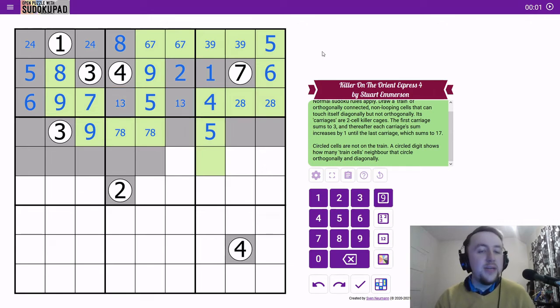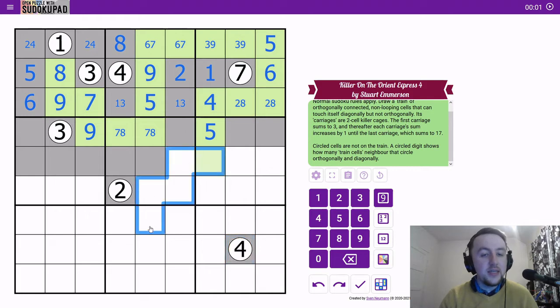Now this is the scrappy bit. I'm not going to tell you here what the extra clue should be. I'm not entirely confident in this solution path, to be honest, but just by means of, unfortunately, trial and error, can we visit this 2 before we visit the 4? If we visit the 2 first, it's going to have to be something like that, which is the right number of cells. So this would be an 8 carriage, 7, 6, 5, 4, 3. So that works in terms of the length,